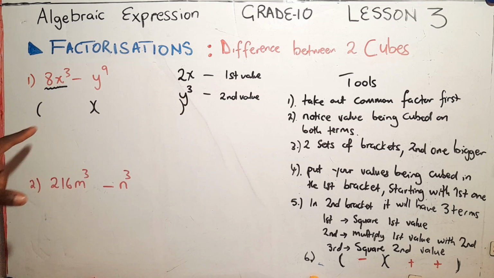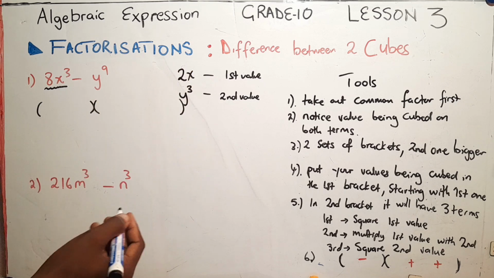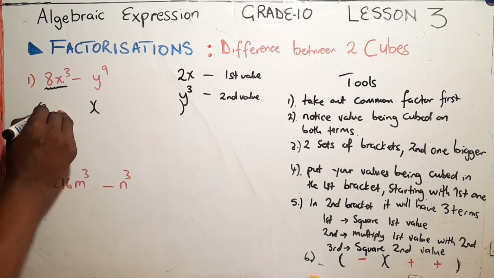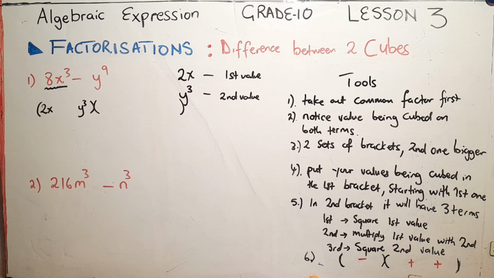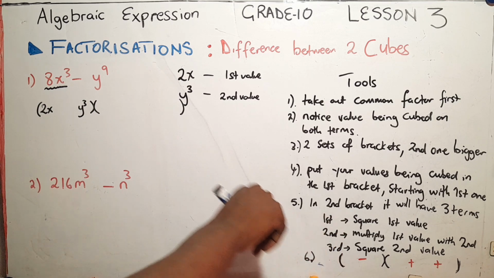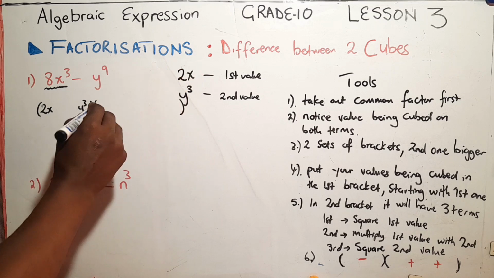So what do we put in our first bracket? It is the first value and the second value, just like that. So that will be 2x and that will be y cubed. And then in the second bracket, what do we have? In the second bracket, the first term, we square the first value. So we are going to square this. So 2x squared, we are going to get